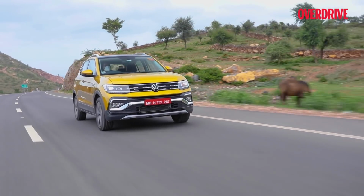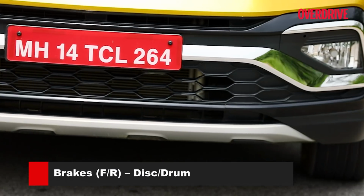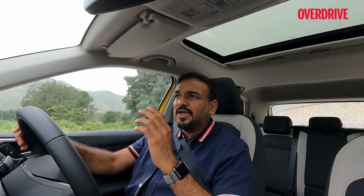What I definitely love is how confident the braking feels, especially on the DSG. The engine braking is brilliant. The engine braking that complements the physical brakes is just brilliant. The way it downshifts quickly to kill that speed, it's astonishing. I really like it. It's very nicely done, and you don't feel any kind of jerks when those downshifts are